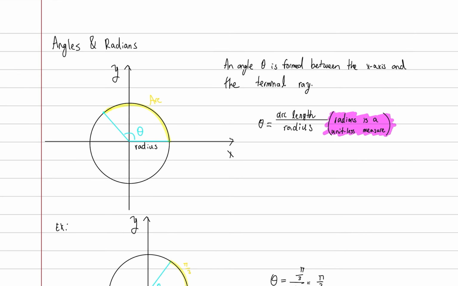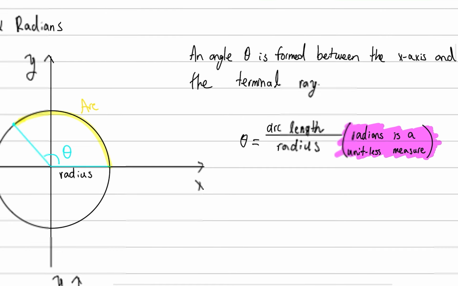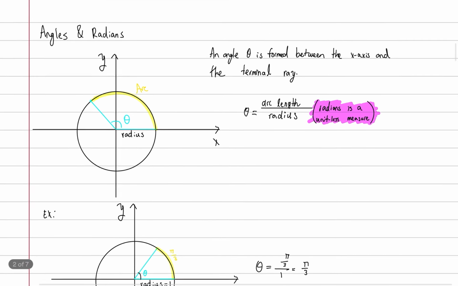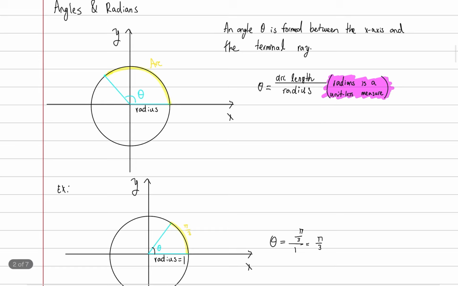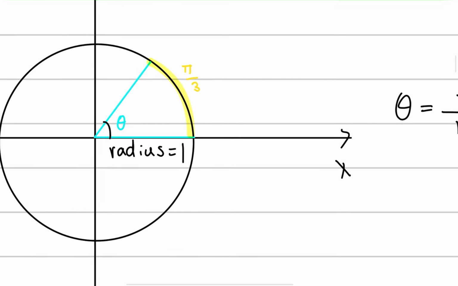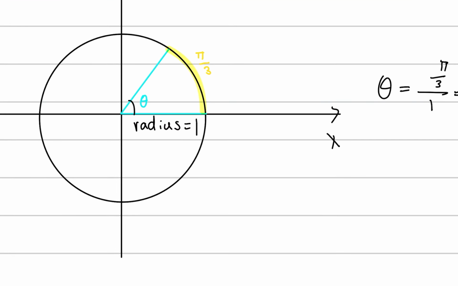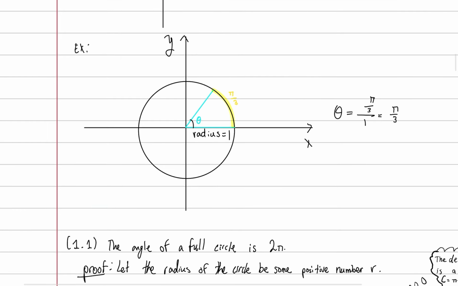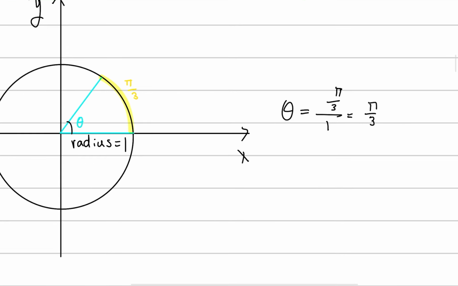So, note radians is a unitless measure because arc length and radius share the same unit. One radian actually doesn't have a unit. And this is actually pretty cool. So here's an example of how we would apply this. Let's say you know the arc length of an arc is pi over 3. Find the angle that subtends this arc. Well, if the radius is 1, by the way, then theta is pi over 3 over 1, or it's just pi